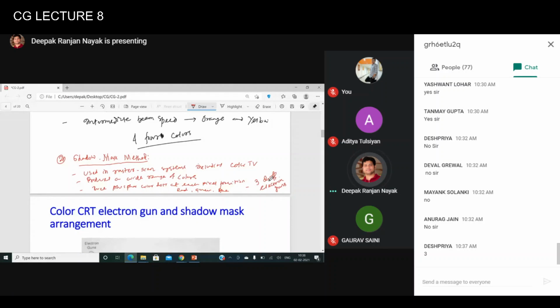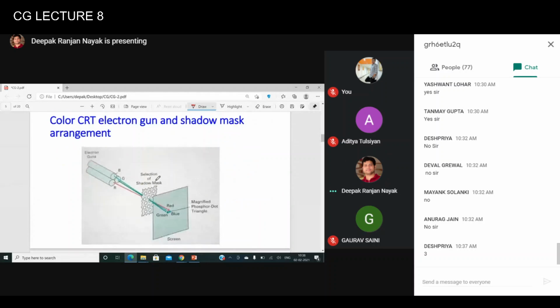If you see the picture on your screen right now, there are 3 electron guns, and there will be 3 different color beams. Here the picture is not clear, because it seems that the electron beams generated from the green and blue electron guns are similar. However, they are different, please remember.